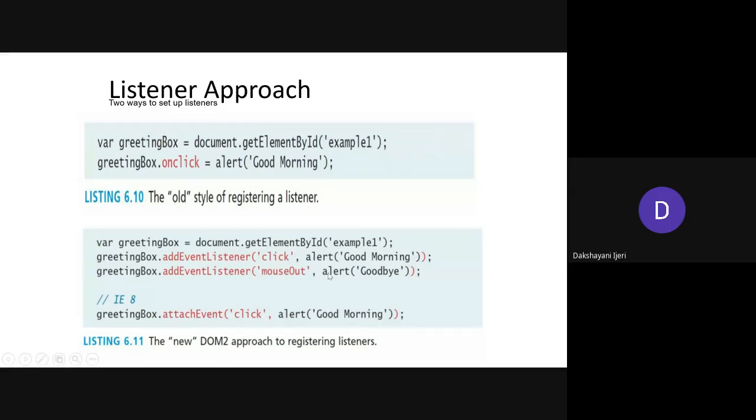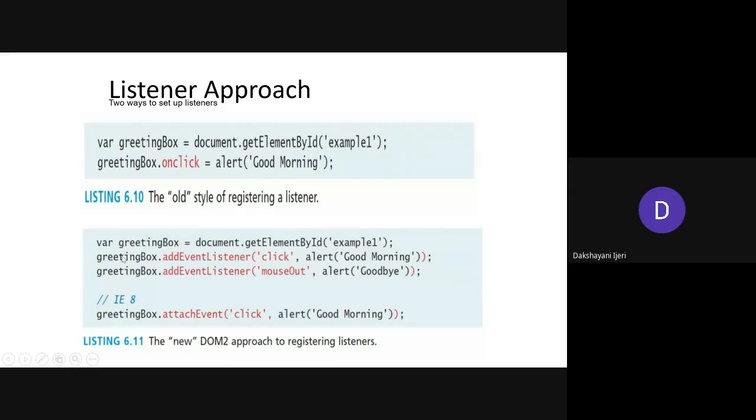Okay, so in this example, just for simplicity, to demonstrate how it is going to work, the alert has been used here. How it has been done, again, is by using getElementById. See, getElementById is the most frequently used method to get access to a particular element from the HTML with the help of the id that you specify within the element of the HTML. So this is going to get you the specific element, which is going to be referred to with this variable name.